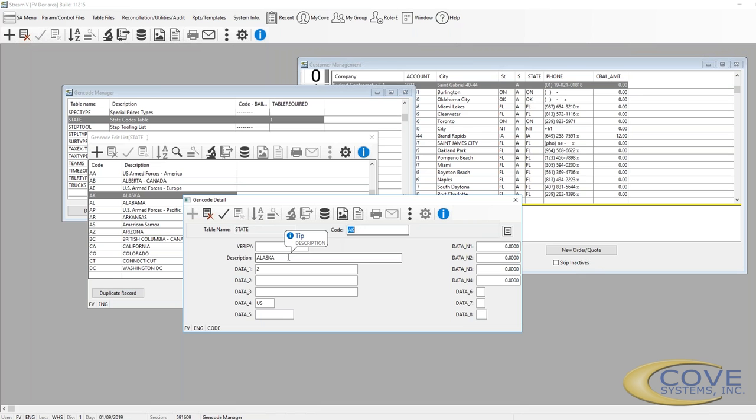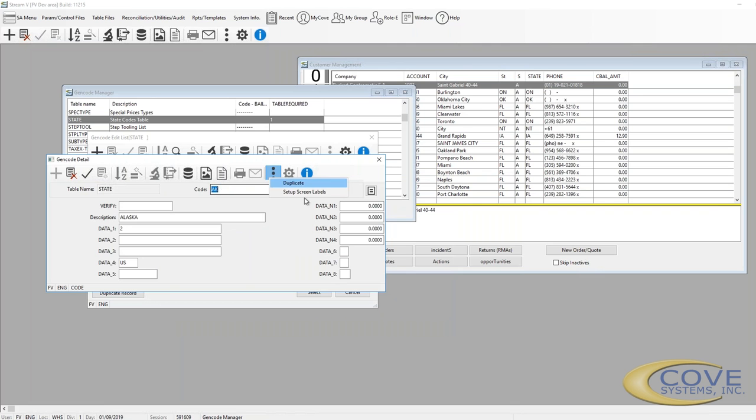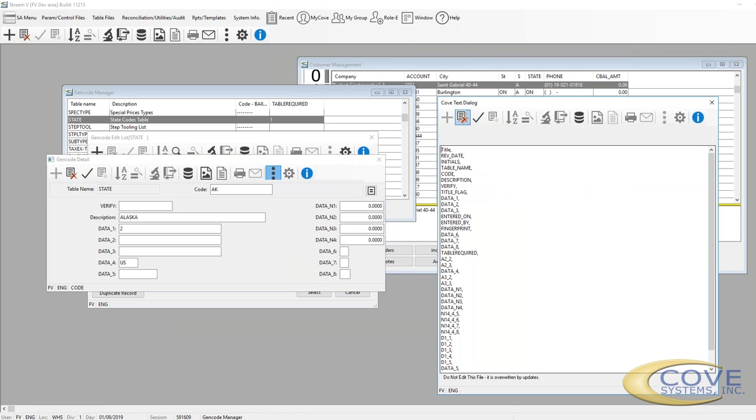So what we can do is go in, if we want to, and set one up. And say we're going to call the description the state name. We're going to put in data 4,